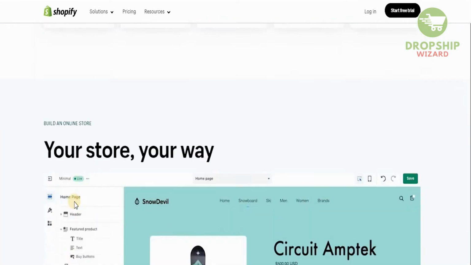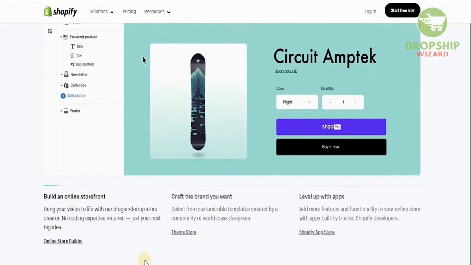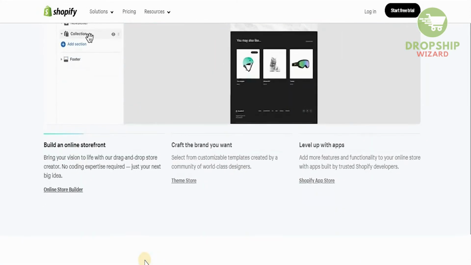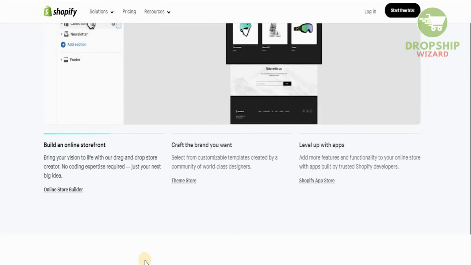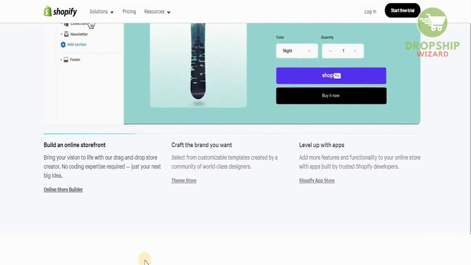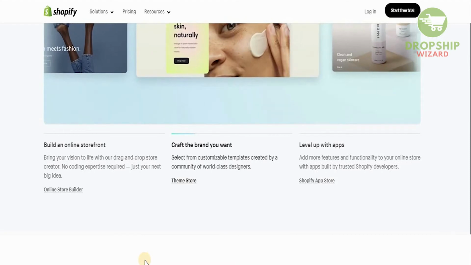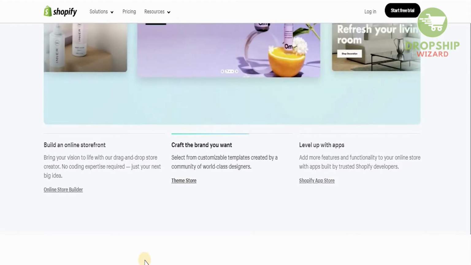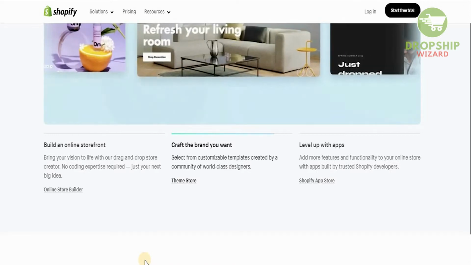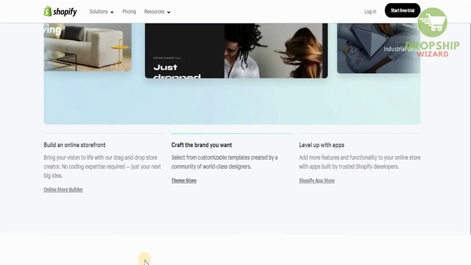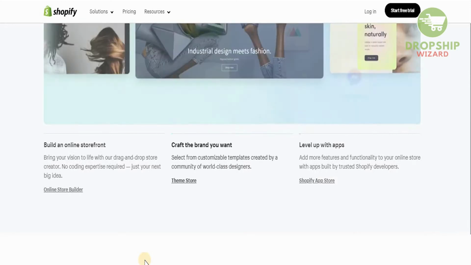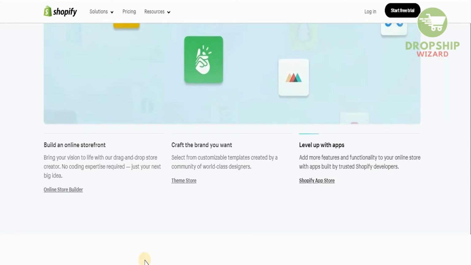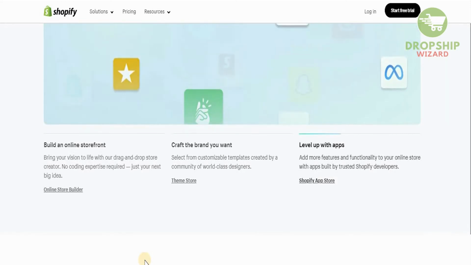well organized way. And once you scroll down, you'll be able to see the power that Shopify tends to bring. Now you can bring your vision to life with their simple drag and drop store creator. There's no coding expertise required, just your next big idea. You can select from customizable templates that are created by a community of world-class designers. You can even add more features and functionalities to your online stores with the apps that are built by trusted